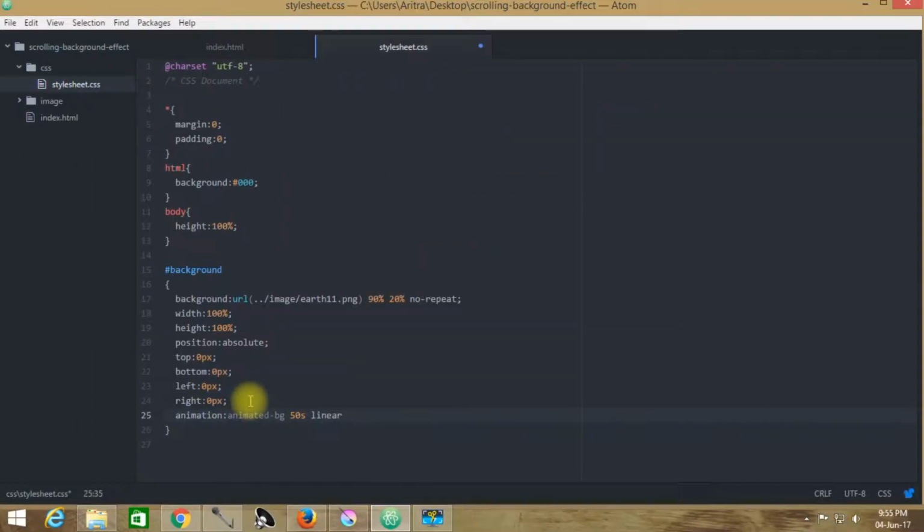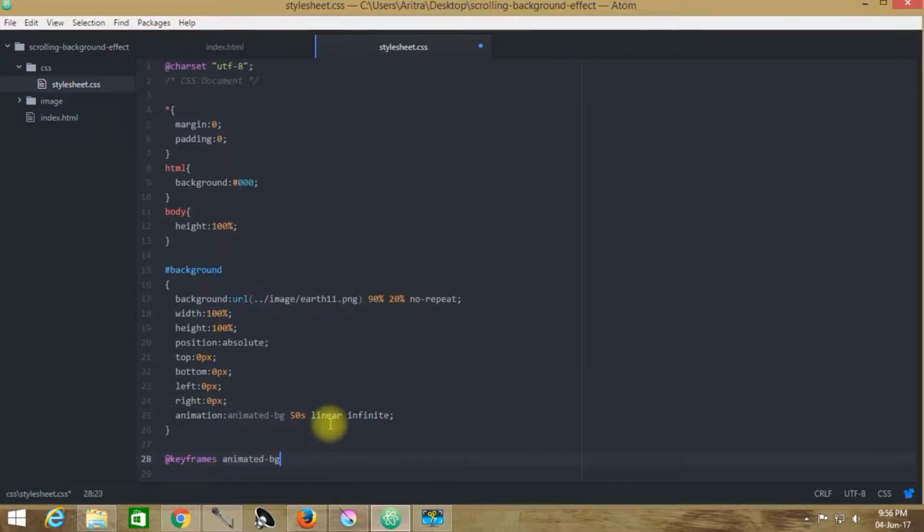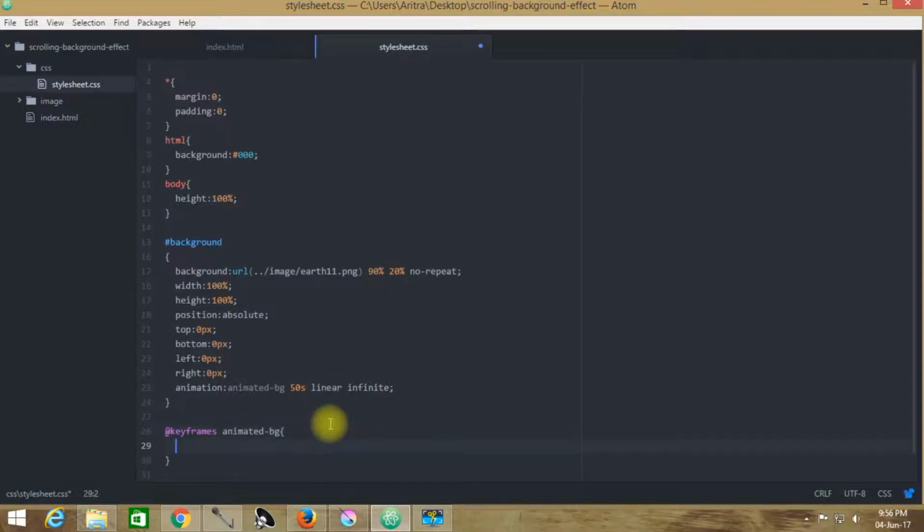I am also mentioning the iteration count, which is infinite. I hope you remember the term: always reuse, but do not recreate. So this is the same thing that we are doing here. I am copying this animation name and pasting it here to avoid any kind of errors.